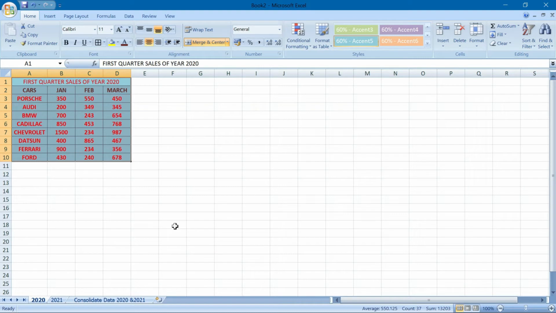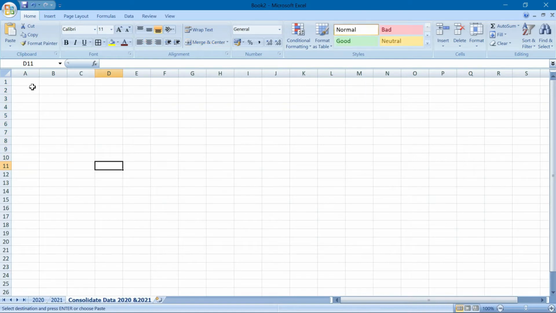Now in order to do the consolidation of the data, we have to go to the data tab. First of all, we have to make the consolidated data sheet once more. We will copy this format because all the data will remain the same, and a little bit of the headings will change.